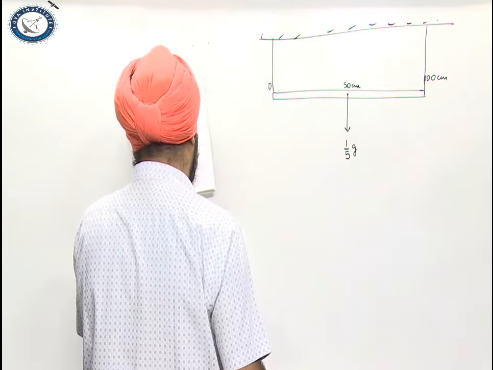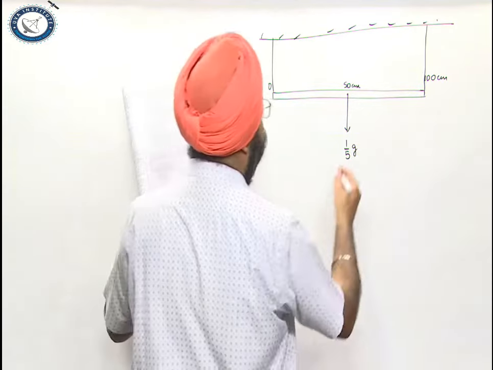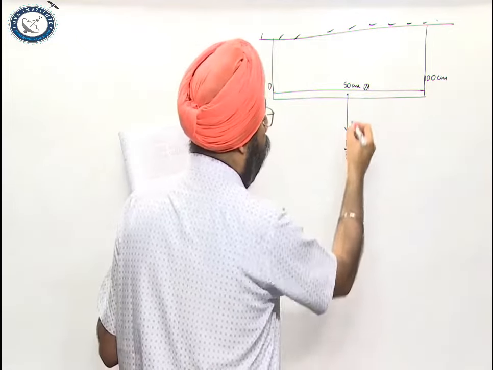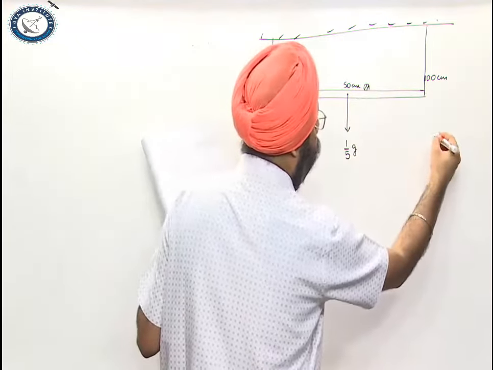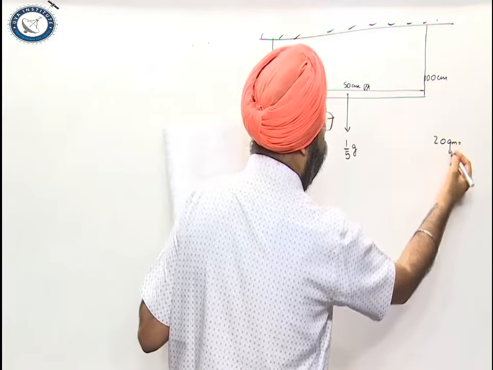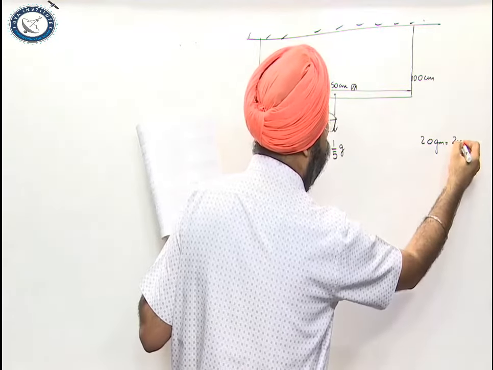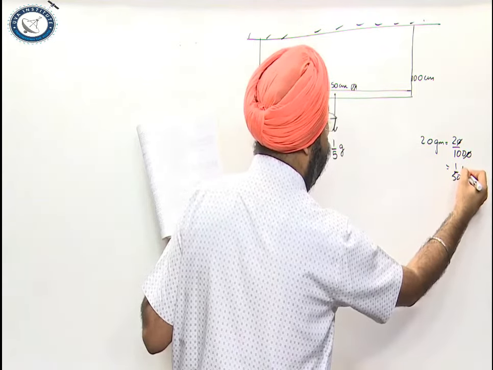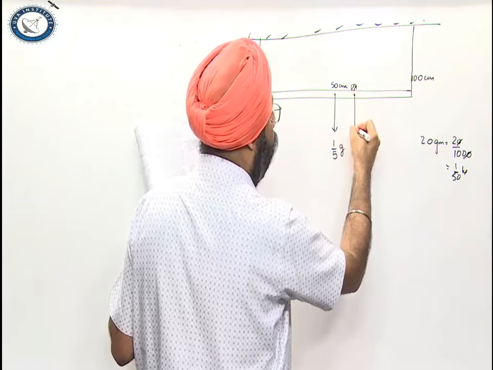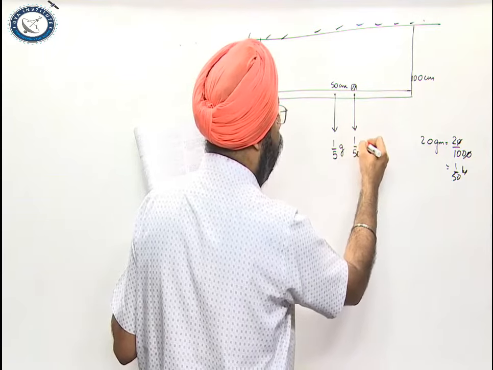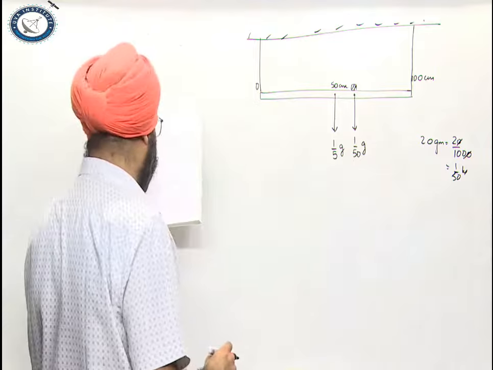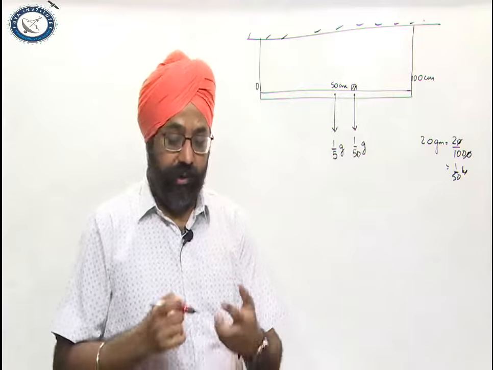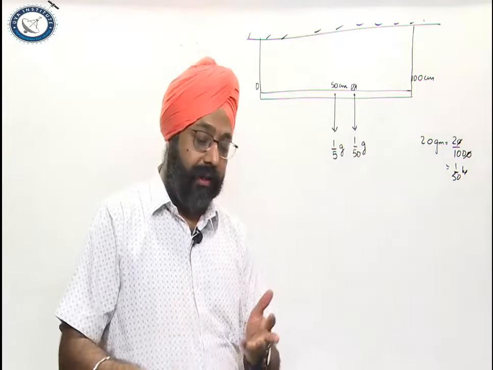A small object of 20 gram is placed on the stick at a distance of 70 centimeters from the left hand. Here there is a small object of weight 20 gram. 20 gram is 20 upon 1000 kg, 1 by 50 kg. So from this point, 1 upon 50 multiplied by G is your weight. Find the tension in the two strings. You have to calculate the tension in the two strings.